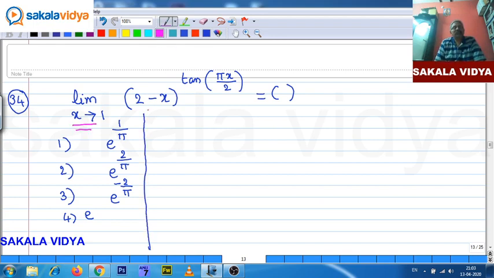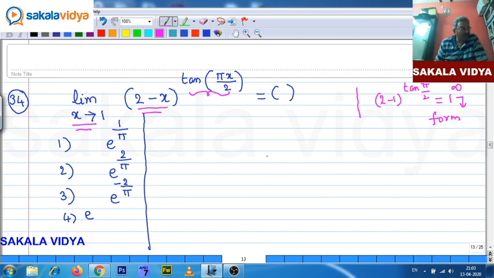Limit x tends to 1, (2 minus x) whole to the power of tan of pi by 2 x. If you substitute the limit, you will get 2 minus 1 whole to the power of tan of pi by 2. This appears to be 1 to the power of infinity form, one of the indeterminate forms. So, whenever it is 1 to the power of infinity form,